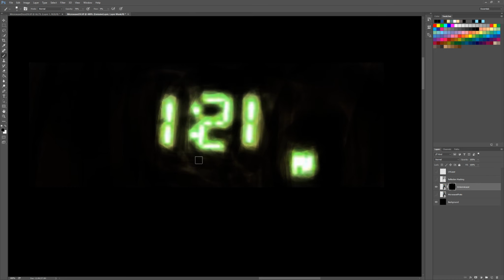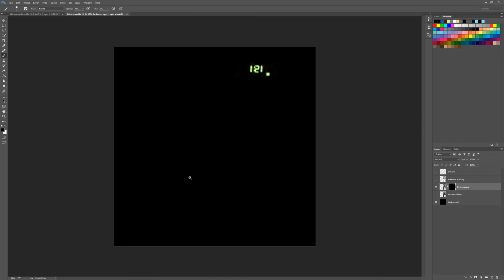Now, this is now the emissive map. So what I'm going to do now is just save it out as a separate file from my color map. So I'll just zoom out. So look, this literally is the emissive map. This glows, nothing else glows. And that kind of layers into the material. So if I do a save as,